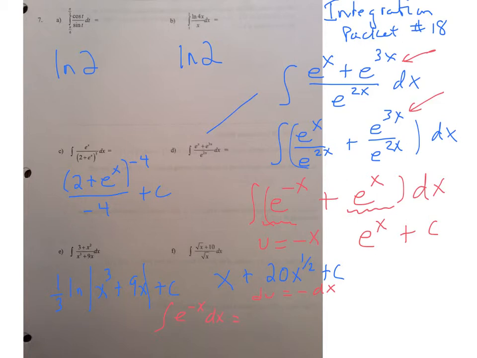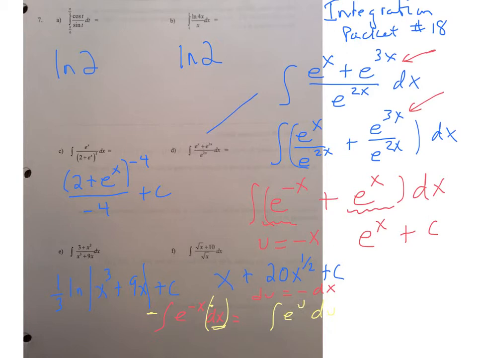So if I do my substitution, in order to get negative dx, I need to compensate with a negative sign outside. Then this negative dx becomes directly du,